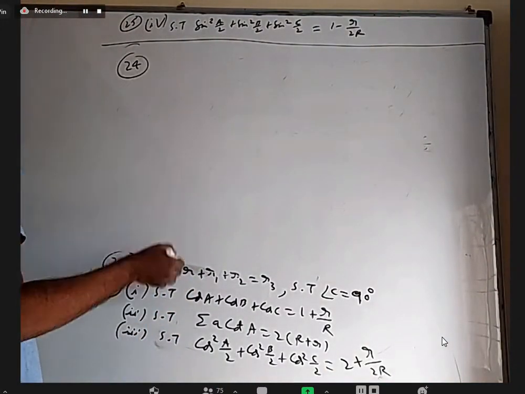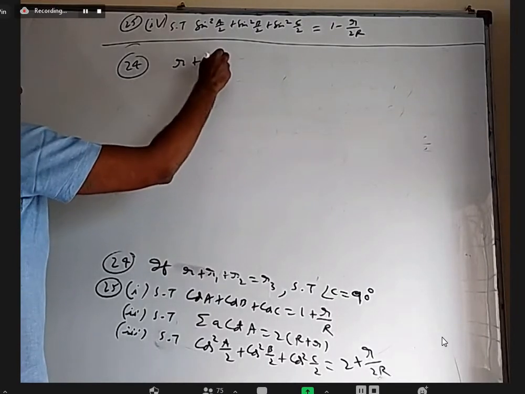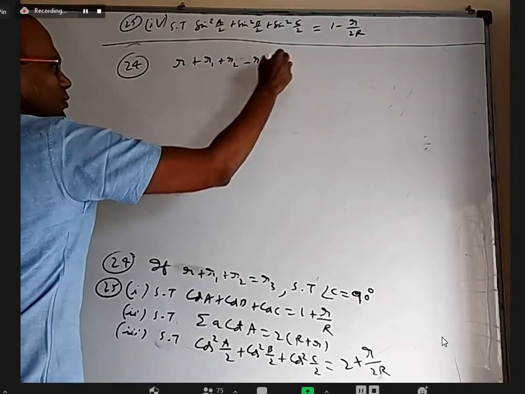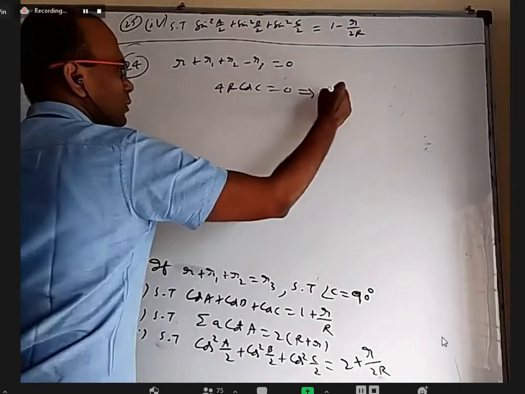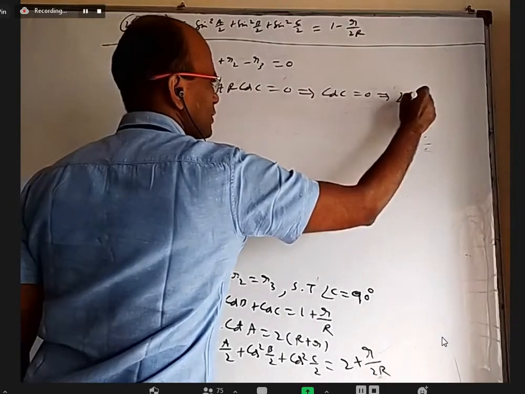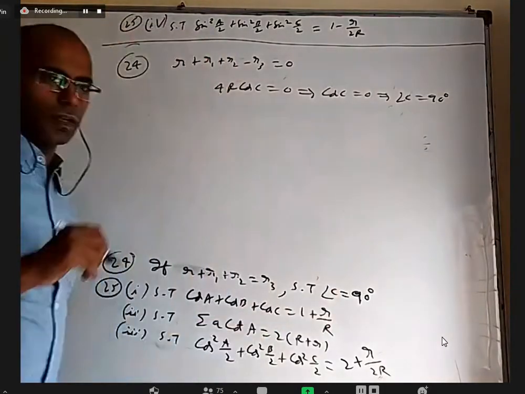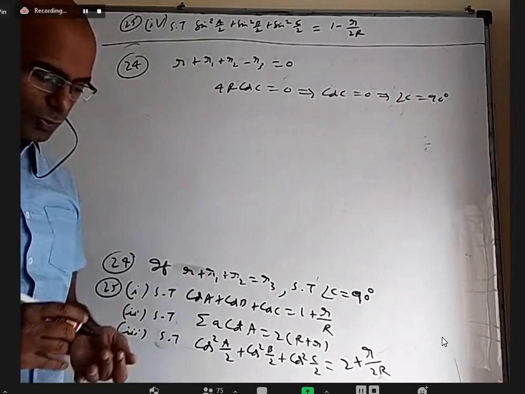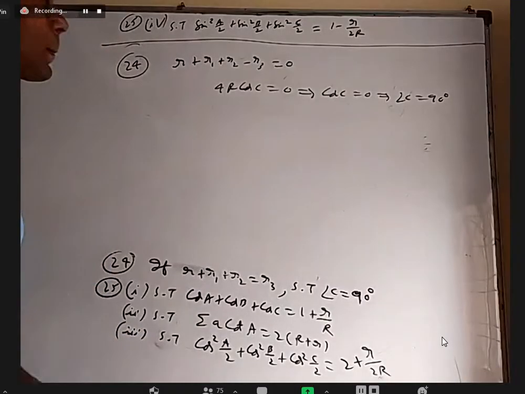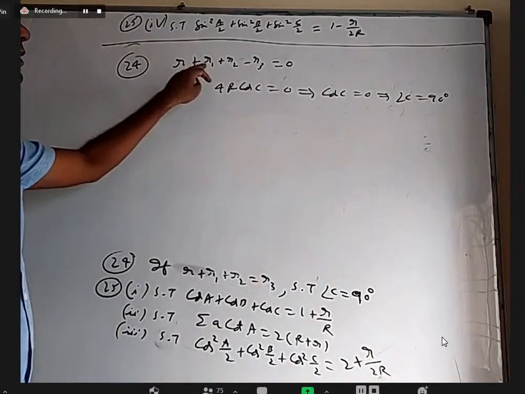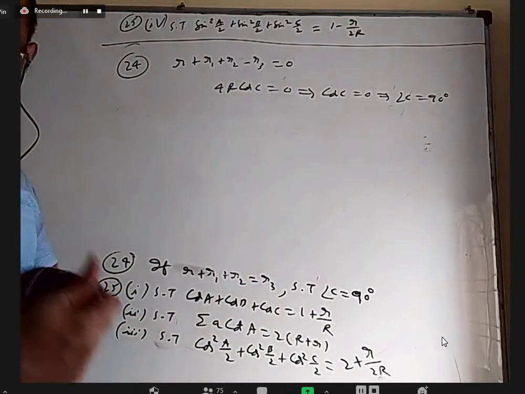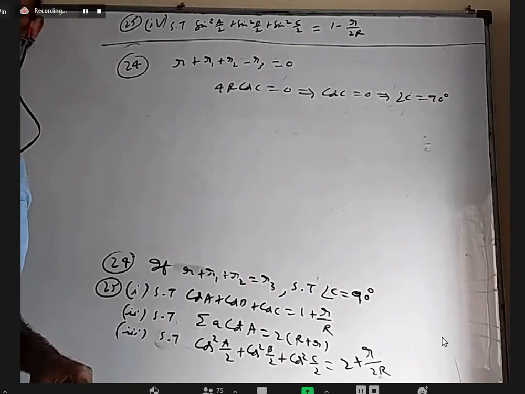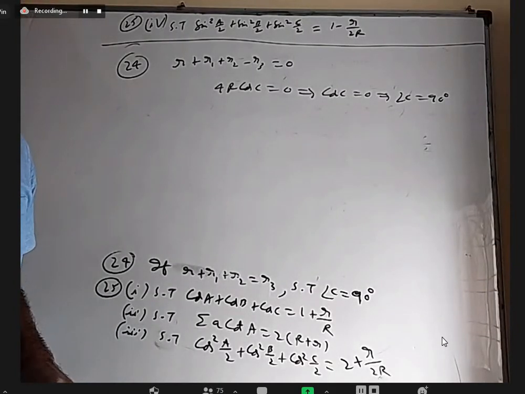Okay, 2R plus R1 plus R2 minus R3 equal to 0, given. We already proved this is 4R cos C. Cos C equal to 0 means angle C is 90 degrees. But if this question alone is given, how it is 4R cos C, we are supposed to prove it. I think this can be done by delta by s minus a also. You can send one of them to that side and do it. It's possible to do it. There is an example also, they are done like that, which is somewhat similar, not exactly.